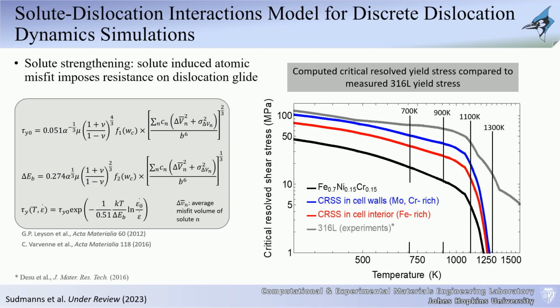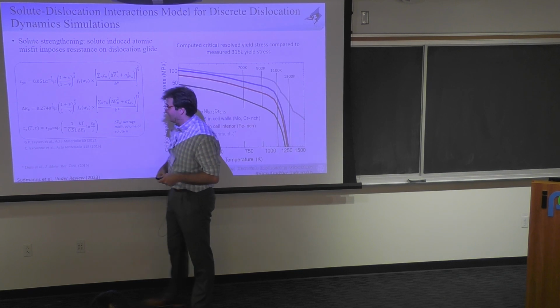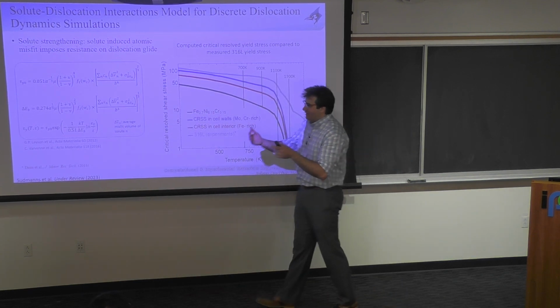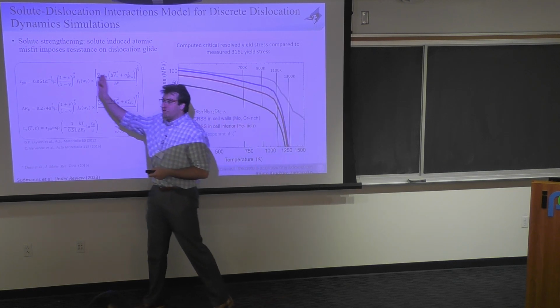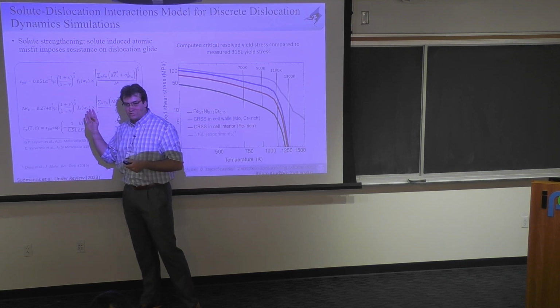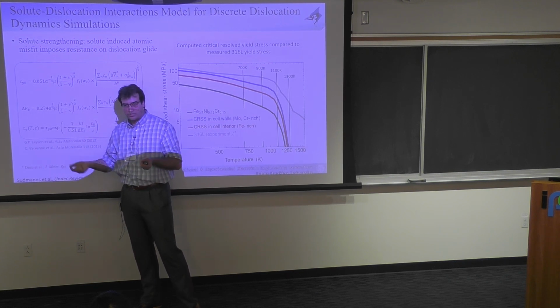Now if you look at the traditional yield strength of 316L, not the 3D printed alloys, but the traditional ones, this is where it's gonna fit. Now it's clearly higher than both. Why? You have to realize again that this model, which was based on statistical analysis and validated with MD simulations, has only focused on a single dislocation. So while they actually call this the yield strength, it's not a yield strength, it's a critical resolved shear strength.